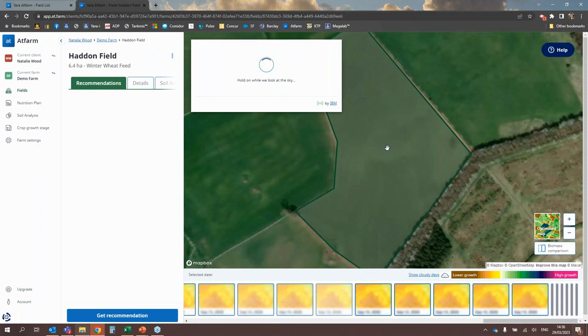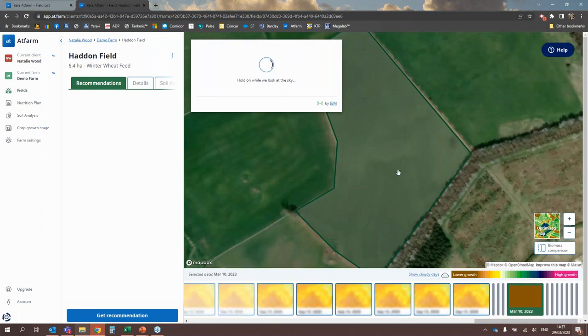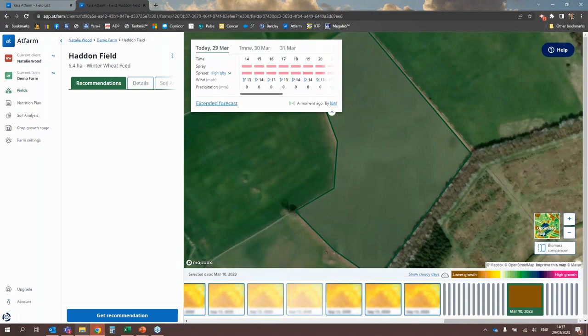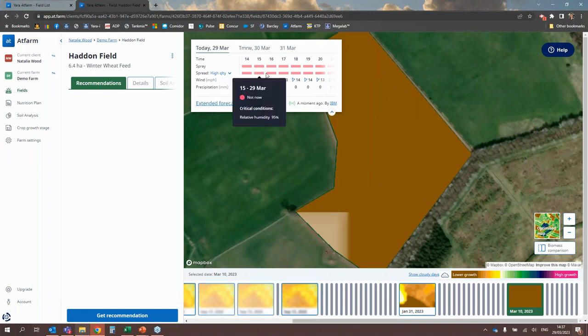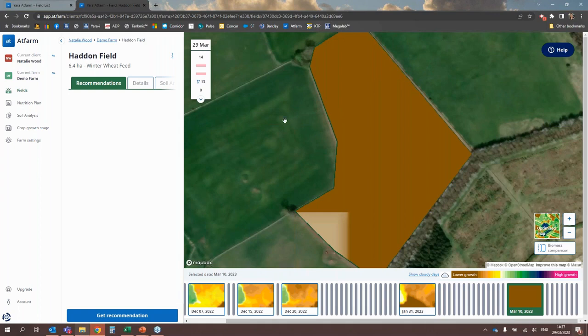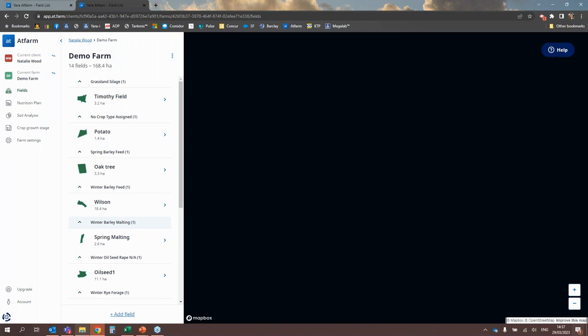We'll just wait for it to load. You can see we have this weather box here, which is kind of giving us a forecast and showing whether it's good data to spread or not, determined from the weather conditions. But you can close that if you want, and it will minimize that box. So you can see that's how to add a field. If I go back to my demo farm and select a slightly bigger field,